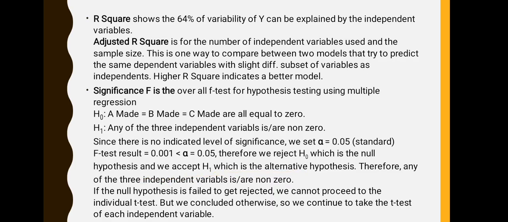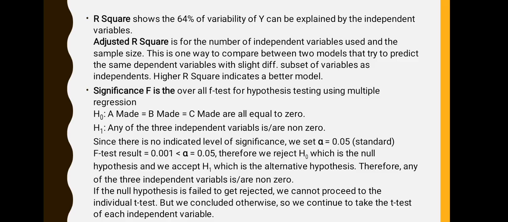Since there is no indicated level of significance, we set alpha to be 0.05, which is the standard level of significance. Since we have the F-test result earlier of 0.001, which is less than alpha, which is equal to 0.05, we reject the null hypothesis and accept H1, the alternative hypothesis. Therefore, any of the three independent variables is or are non-zero, meaning